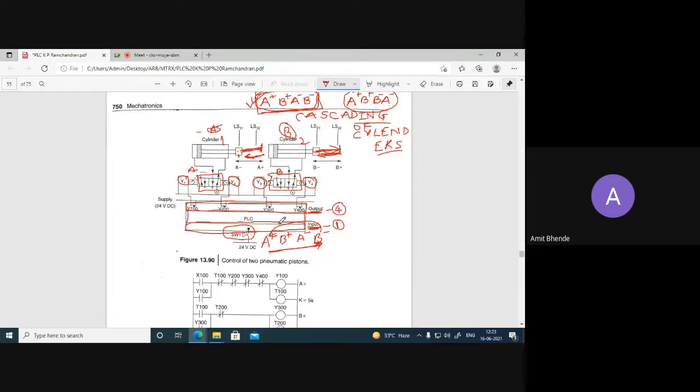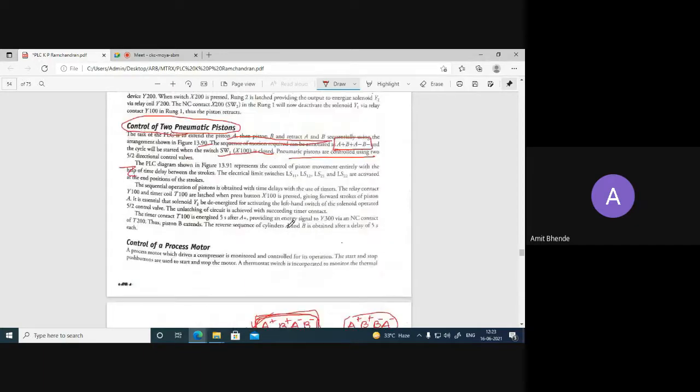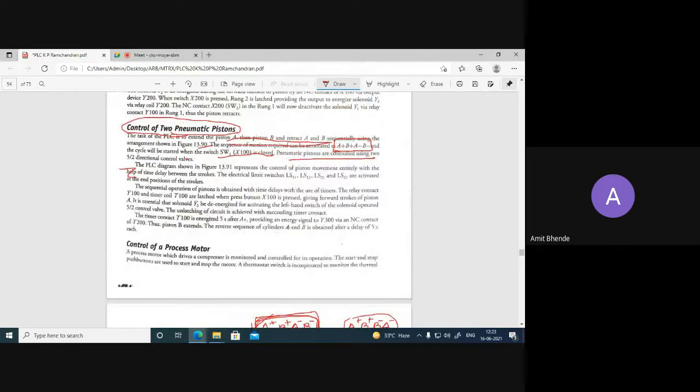So this is the situation. We will further read the problem. The PLC diagram shown in 13.91 represents the control of piston movement entirely with the help of time delay between the strokes.